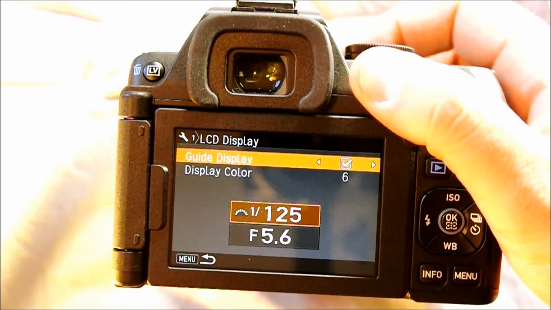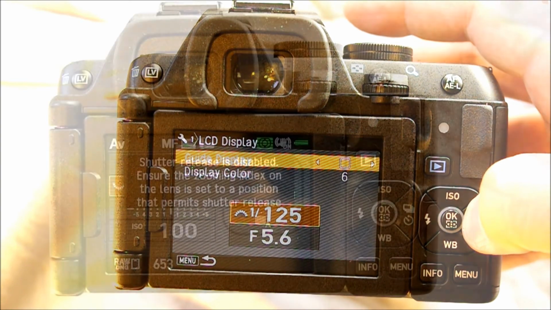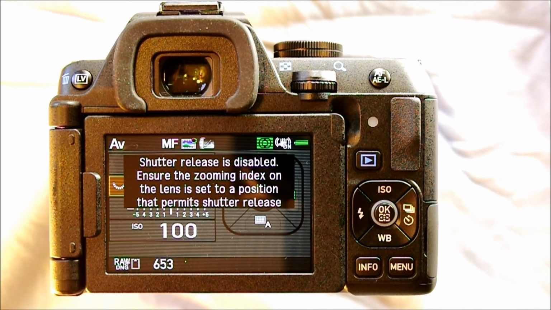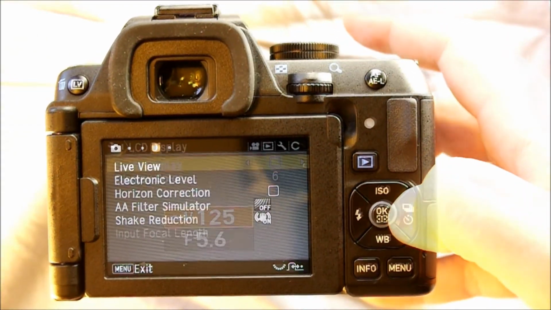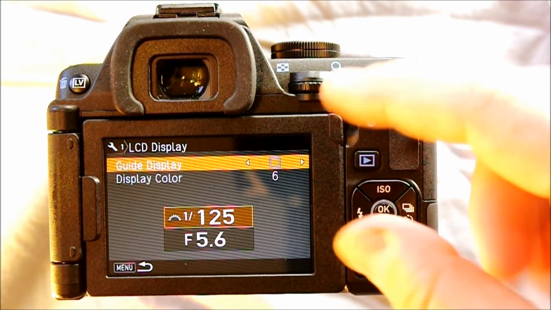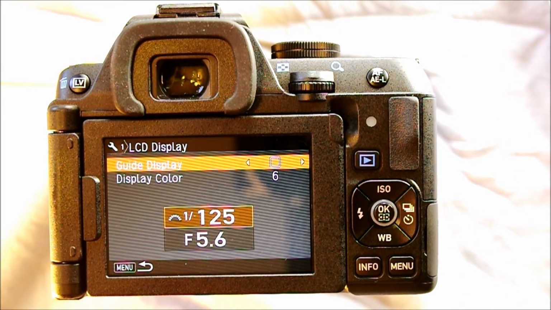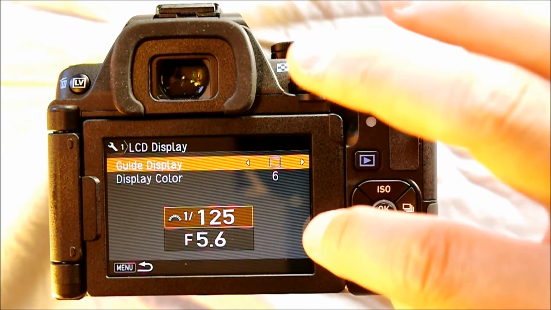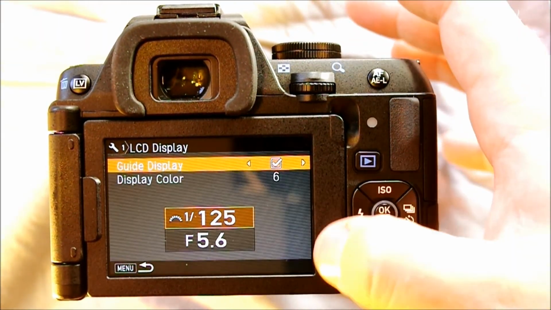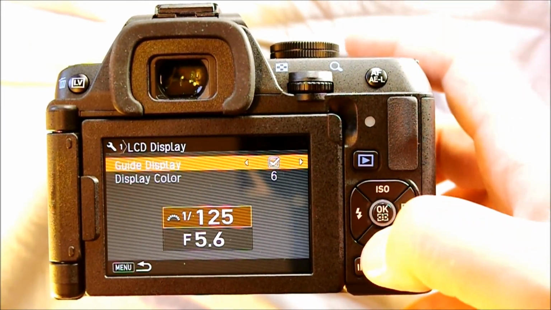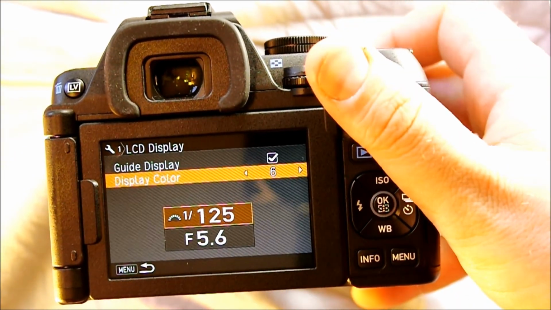LCD display, this is where you can change some information. Guide display. So guide display, what this does is you can see how I've got the little help information here. That help bar that we just saw will always appear whenever you have the kit lens collapsed. But as we saw earlier in the videos, it would tell you what different functions did. That's guide display. So if you turn guide display off, it will not display the function information at the bottom of the menu screens. Display color allows you to change the color scheme